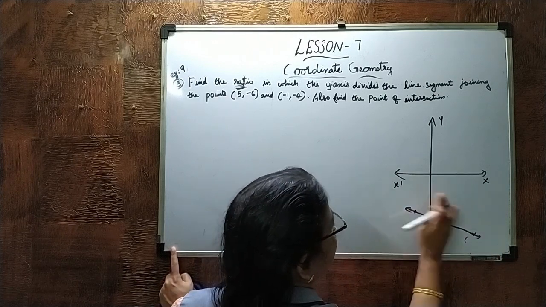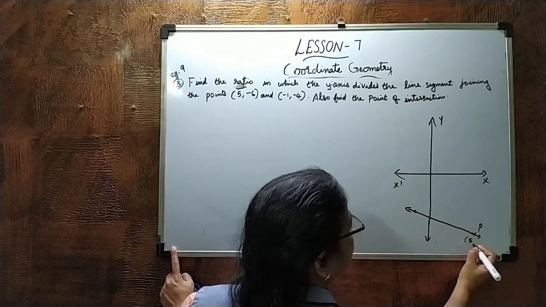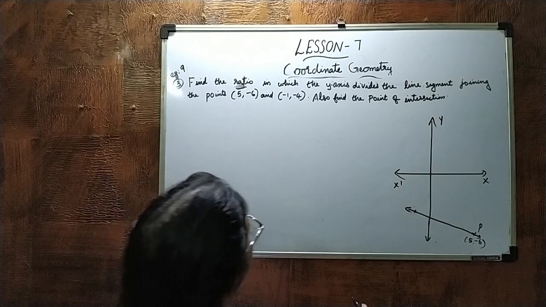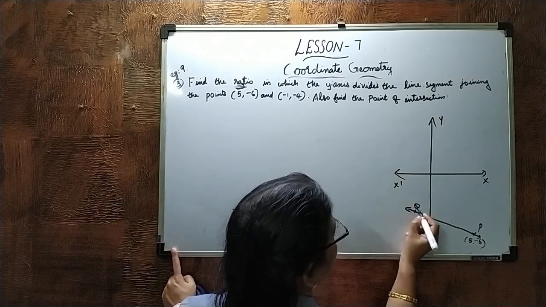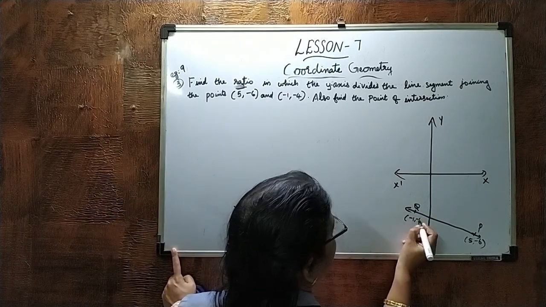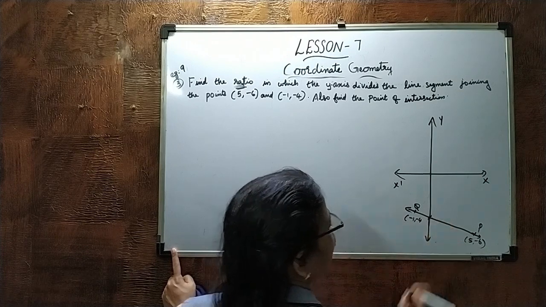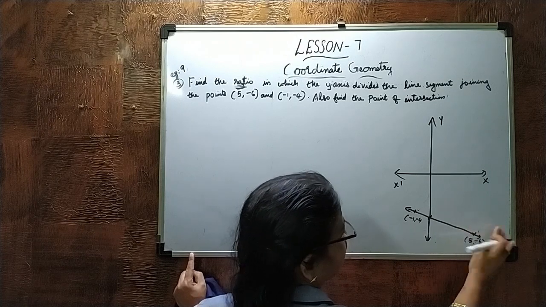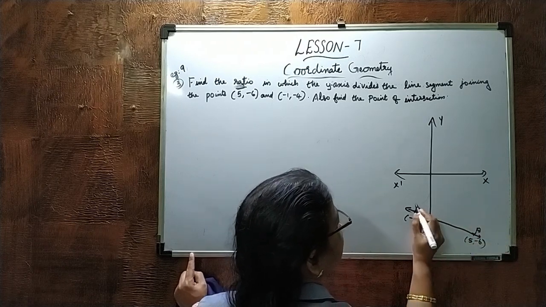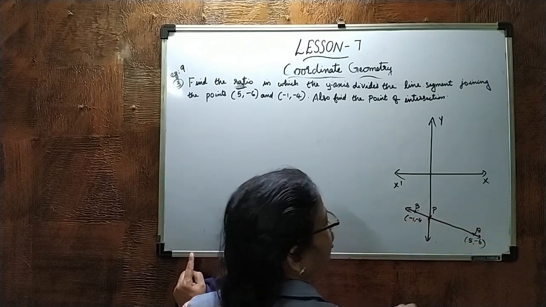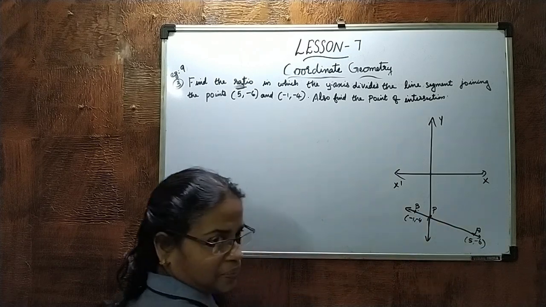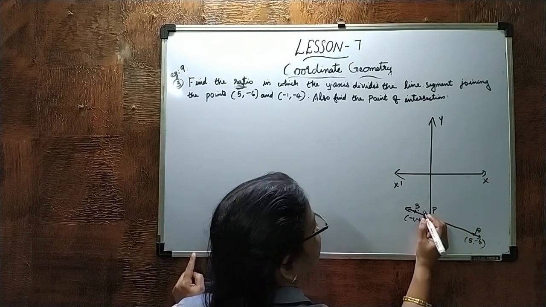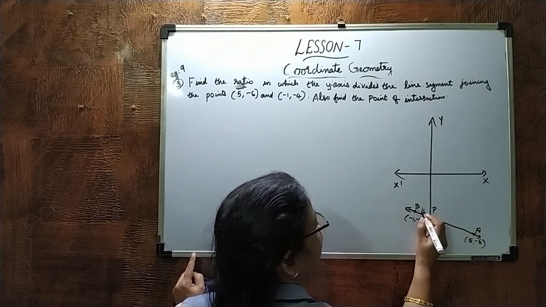We will write them as P and Q. 5, negative 6, and then Q is negative 1, negative 4. So here it is Q. Always taking AB, right? So we will take it as AB here. This is A, this is B. And this will be the point P, right? This is the point P. And what is the ratio then? It is K is to 1.